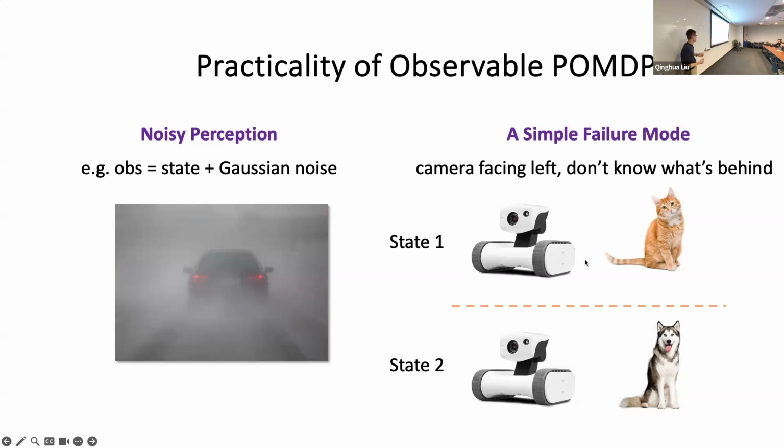Maybe you can say, oh, let's add one more camera facing the right, and then the problem is solved. But it seems kind of too cheating, so we want to do something better. One simple way to fix this problem is we can just rotate the camera and make one additional observation. So instead of trying to distinguish different hidden states using a single step of observation, maybe we can use multiple steps. And in this case, if we just rotate our camera, it will resolve the issue.